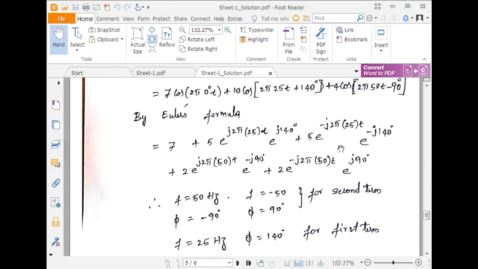Now you divide the full term by 2. Yes, 10 by 2 becomes 5. But how about 7, sir? There is no cos there. This is 1, the maximum amplitude at 0. In the previous line there is cos with 7, but at 0 degrees. Just to understand, I wrote this 0 degrees. Its value is 1, no formula here.